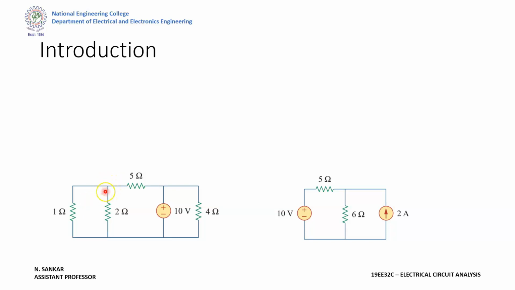A connection of two or more branches is considered as a node. So for example, this one will be a node, and this is also a node. This is node 1, similarly this is node 2, and all this connection is considered as another node. So totally we have 3 nodes here. Since these connections are short circuited, we consider each such point as a single node. Similarly here, we have one node here, a second node here and a third node here. So totally we have 3 nodes.